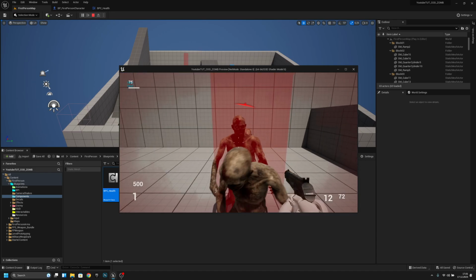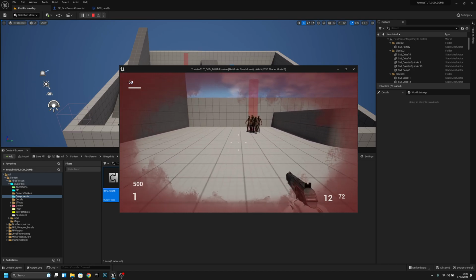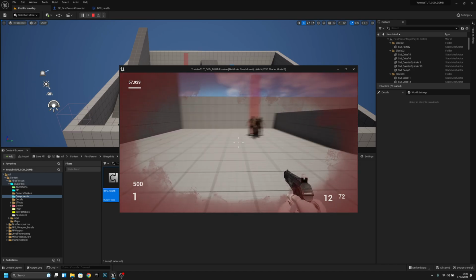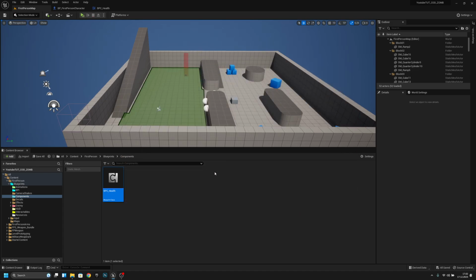let the zombie attack us. Okay, now let's wait. Yeah, it starts to regenerate, so that works. And now there was